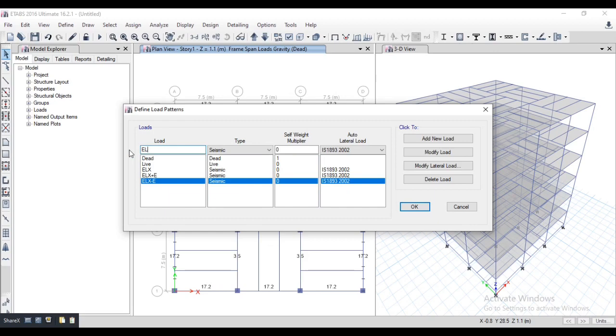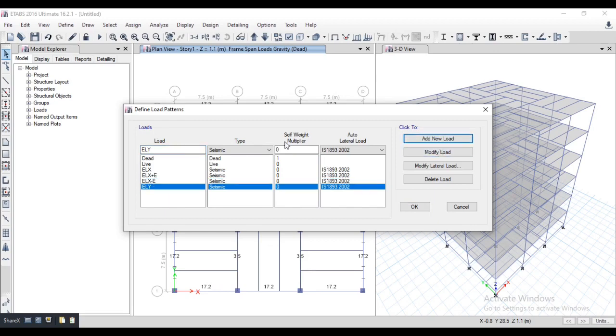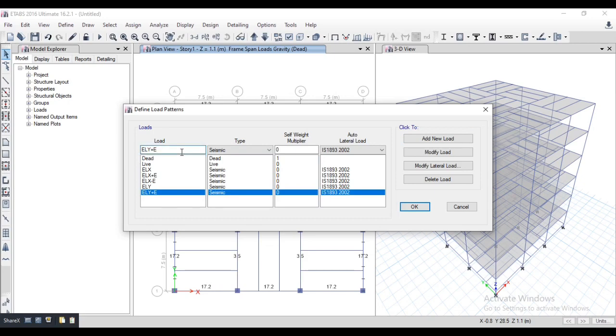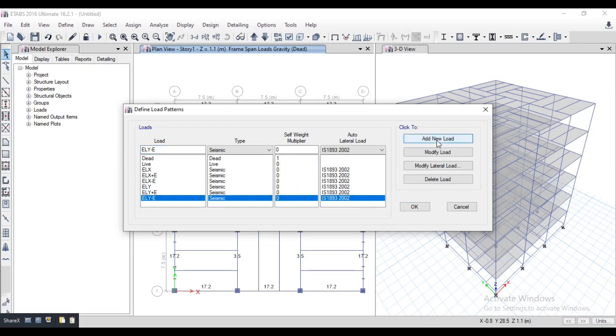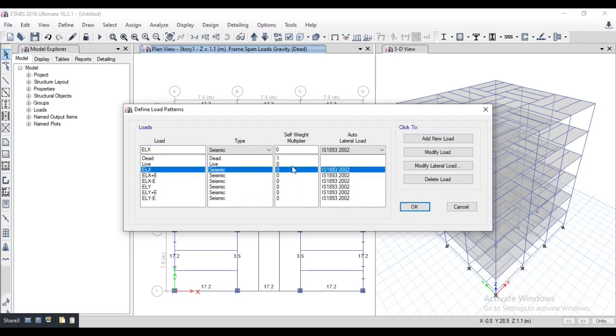ELY is earthquake in Y direction. Eccentricity. Minus eccentricity. Then go to select ELX and modify lateral load.